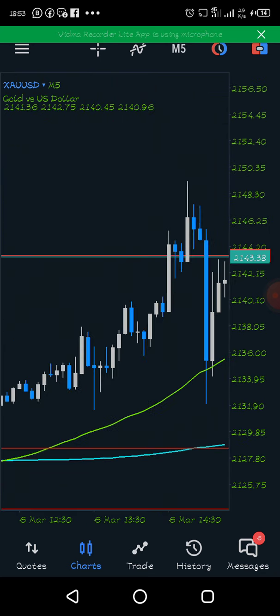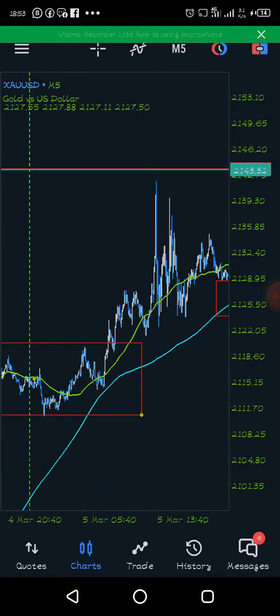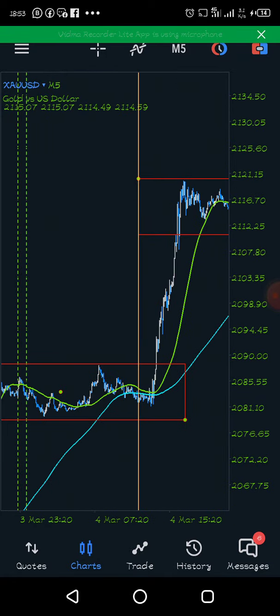And also here the 50 as well never touches the 200, which means this is the best strategy you can ever use to trade either your breakout or to see the momentum or to see the range and follow the